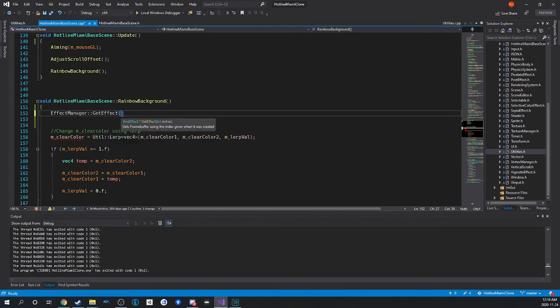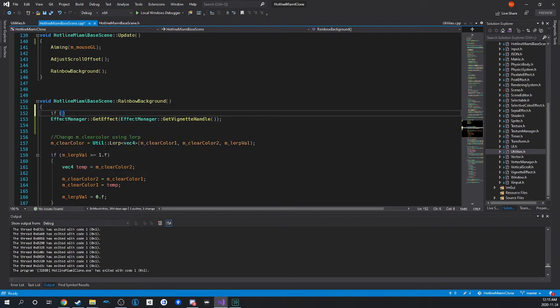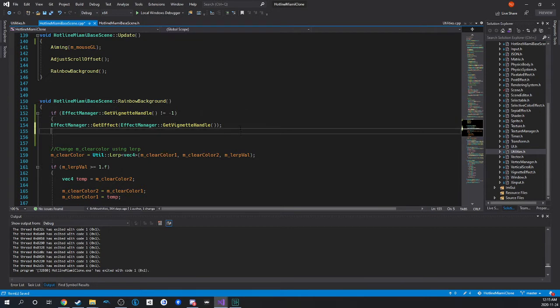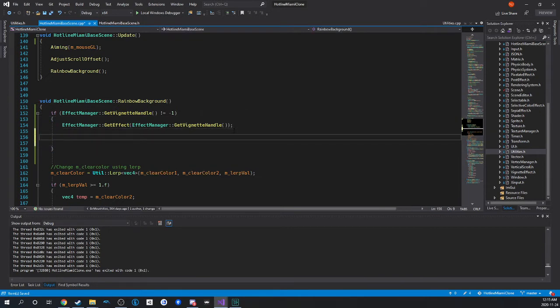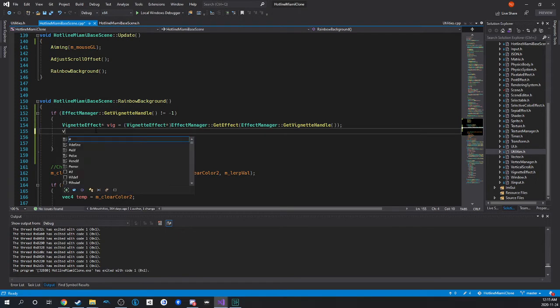effect manager, get effect. Obviously I want to make sure this code is good. You always want your code to be future-proofed. So as long as there is a vignette connected, it's going to do this. If I ever remove the vignette, it's not going to crash now. So we want the vignette effect pointer vig equals, you need the brackets, effect pointer, it's very important. So vig dot set inner radius,